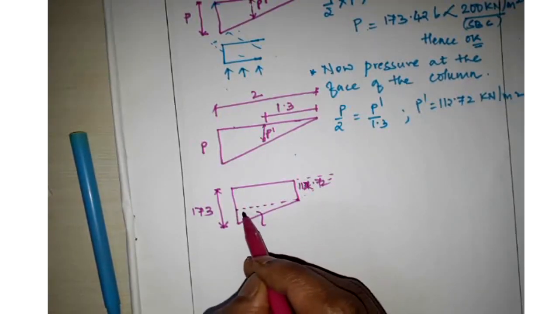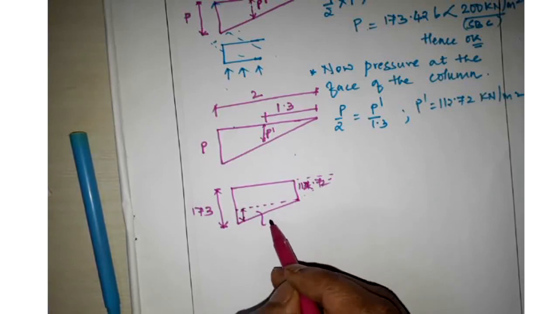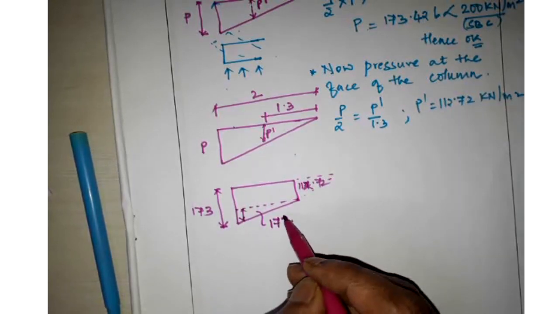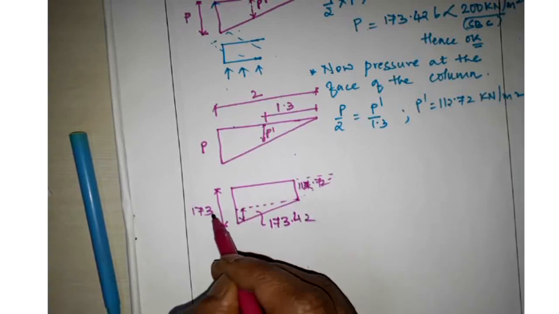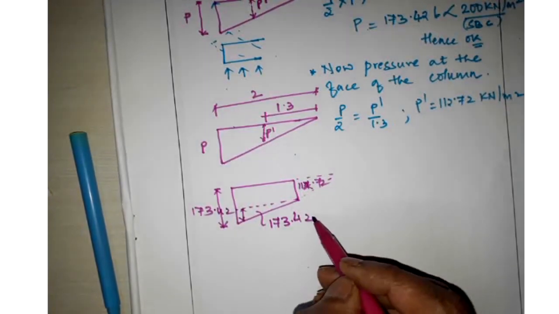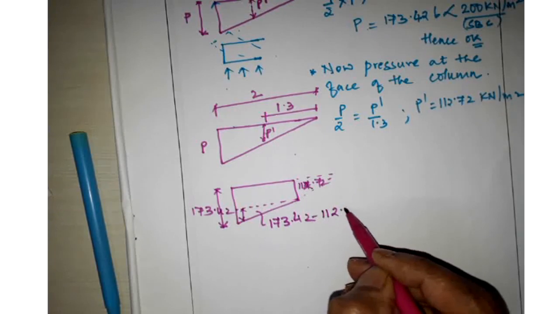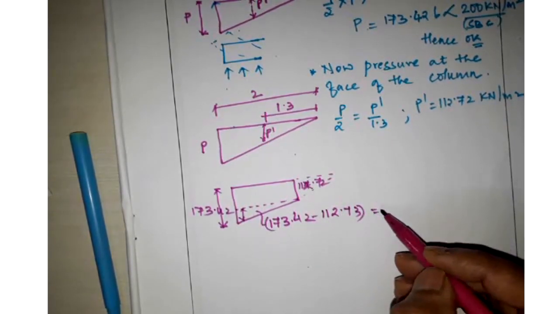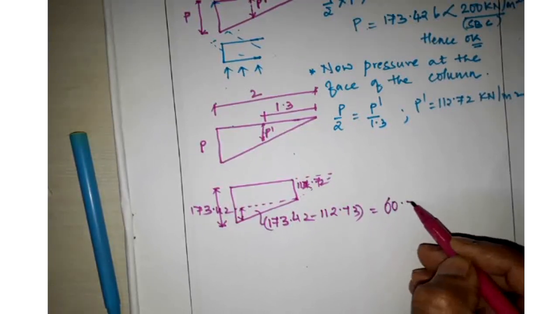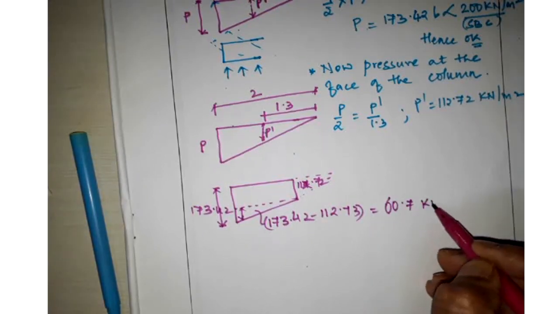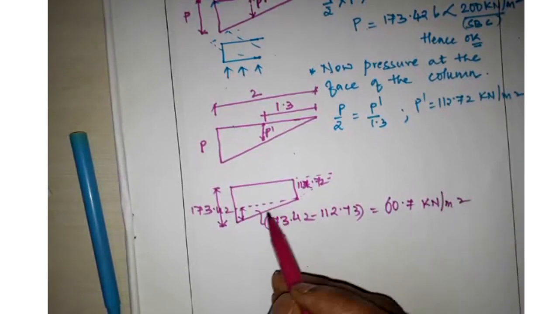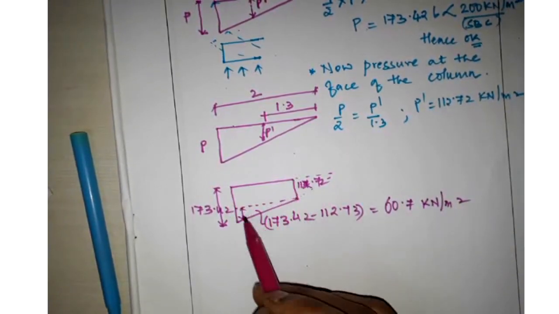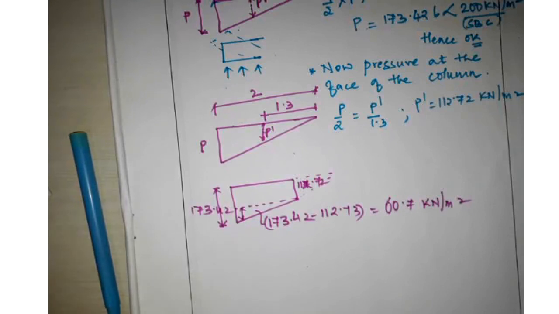So for this height we get this height as 173.42. So this is 0.42 minus 112.73, so it will be 60.7 kilonewton per meter square. Okay, so this part, rectangle plus triangle. So now what you have to do? Okay, so here now